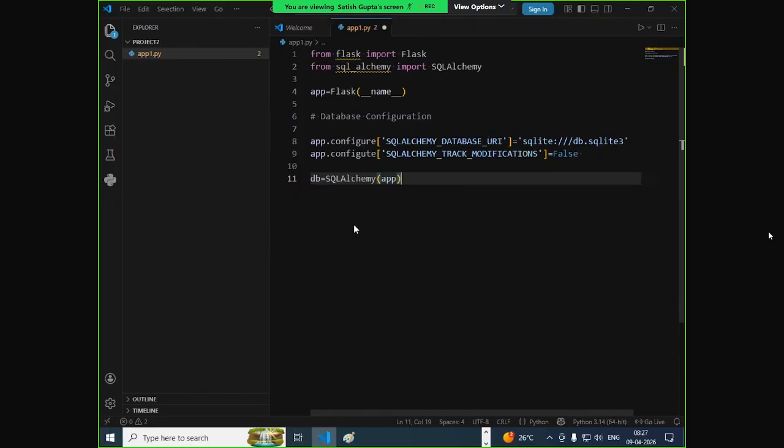See here, SQLAlchemy is a class, right? And this represents your database. Okay, but it uses which database details? The database details defined in which application? Flask application, right? Then after that, I'm saying here